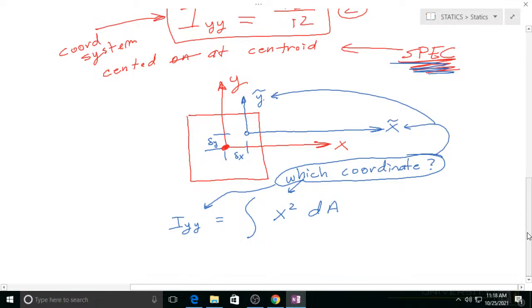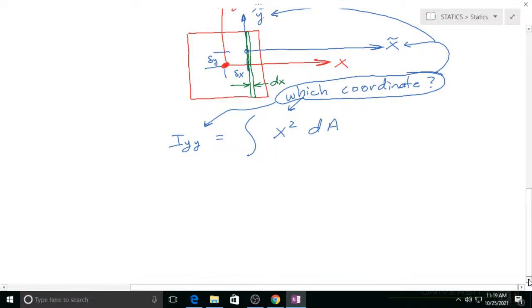That is, if I were to start and put a bar out here, that were to sit right here, had a dx, I would be integrating. I would be changing the coordinate system such that,